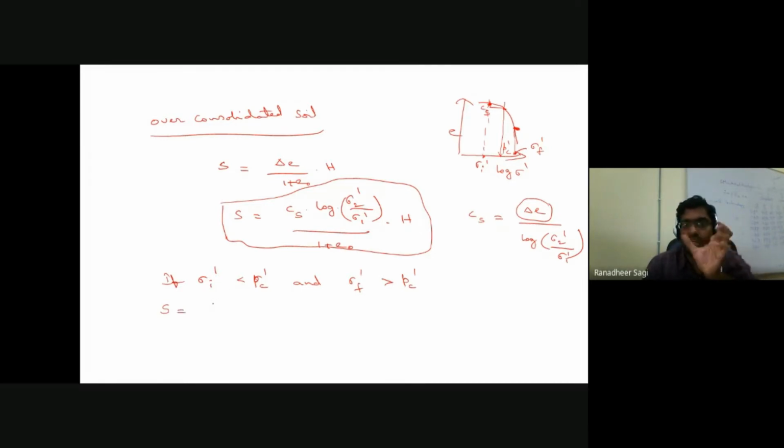So for the portion of your over consolidated state, the region of the stress variation is existing from what is called your initial effective stress to that of your maximum past pressure. This is for the region of your over consolidated state. So that means Cs into log, see carefully, the final effective stress within that over consolidated region portion of the curve is your maximum past pressure, which I can write as sigma c dash or maybe p dash. Okay, so both are one and the same.